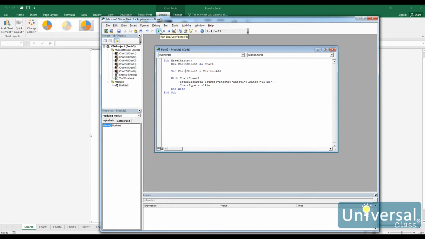All right, so what I'm going to do is before we add our new chart here, we're going to see if there are any existing charts. And then if there are, then we're going to delete them. So we're going to say if the ActiveWorkbook.Charts.Count is greater than 0, then we're going to